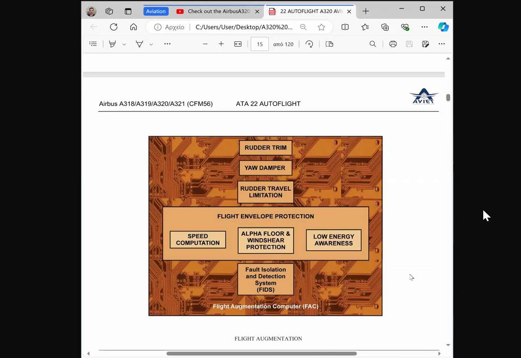This is very important. The fault isolation and detection system feeds are only active in FAC1. We will see only FAC1 is connected to the bite of all the AFS computers and communicates to the centralized